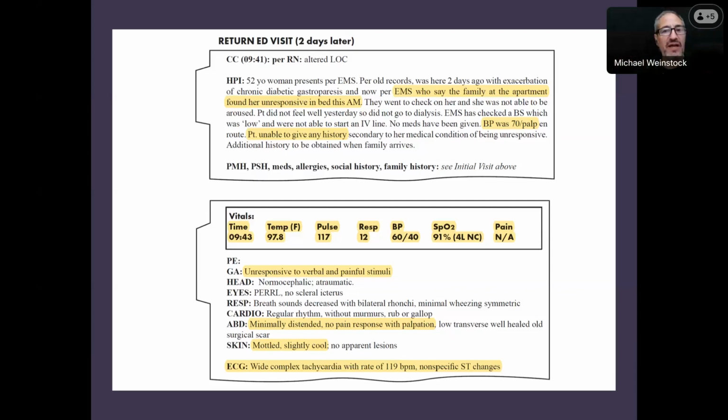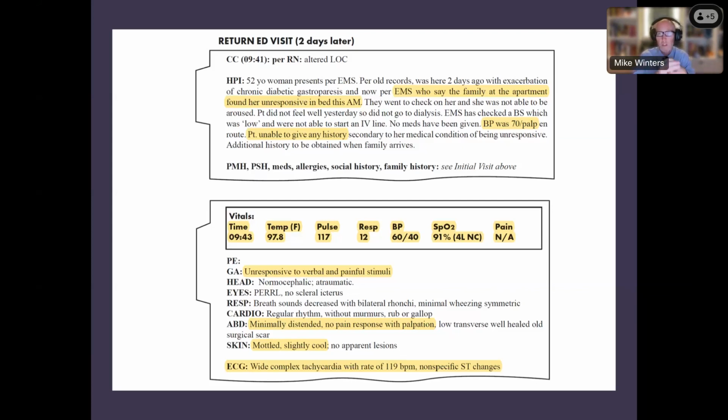So if they're unable to start an IV with the first attempt, say it's 2-3 minutes, there are a couple of people trying on each arm. I'm sure you've been there. We all have. Yep, and our nursing colleagues will continue to try and establish peripheral IV access while we're moving. But given how critical this person is, in peri-arrest, and really moribund, I think all of us would move towards an IO to get quick access to deliver, whether that be the glucose, maybe start to push a little bit on the fluid, but get some labs, give glucose, and then start to resuscitate. Now, in terms of location, I think we're very familiar with the proximal tibia.